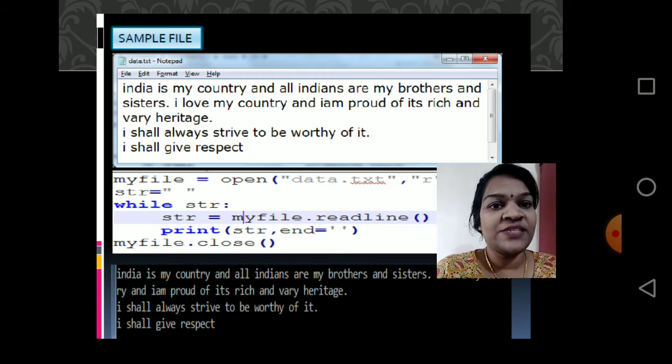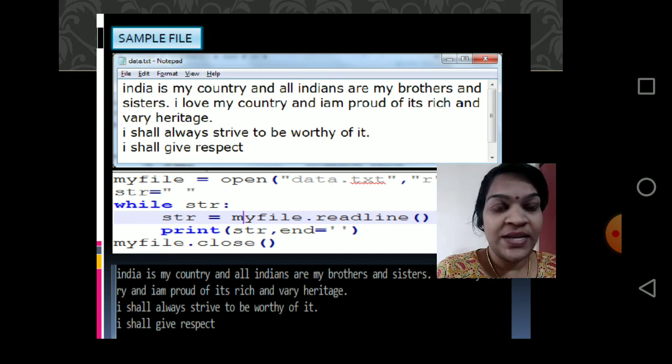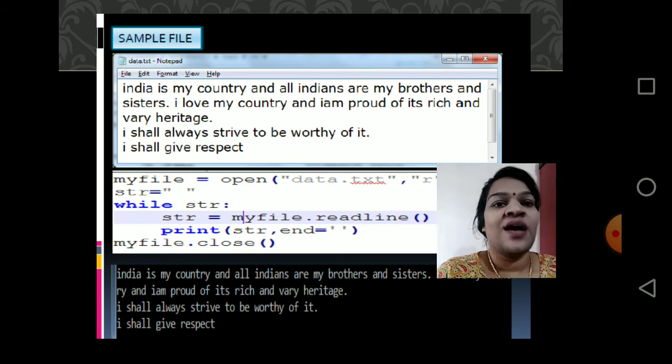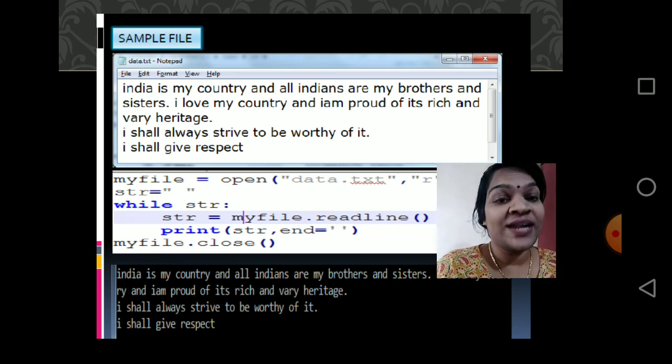See what happens if there are more lines and we want to read line by line. We would have to write readline that many times. It's a repetitive function. So how do we reduce repetition in programming? Of course, we use a loop. Now, using a while loop and the readline function, I am reading the whole file line by line and displaying it.